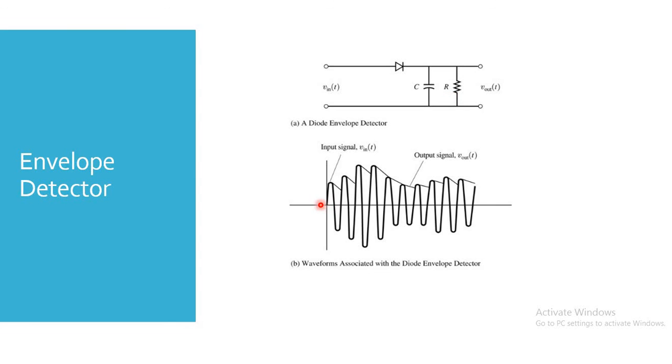This is shown over here. This indicates the AM wave and this line indicates the charging and discharging of the capacitor. This is the charging of the capacitor. It takes a large time for discharging, as shown over here. Then again the capacitor starts to charge, discharge, charge, discharge, and we get an approximated version of the AM signal. So this is the output of an envelope detector.